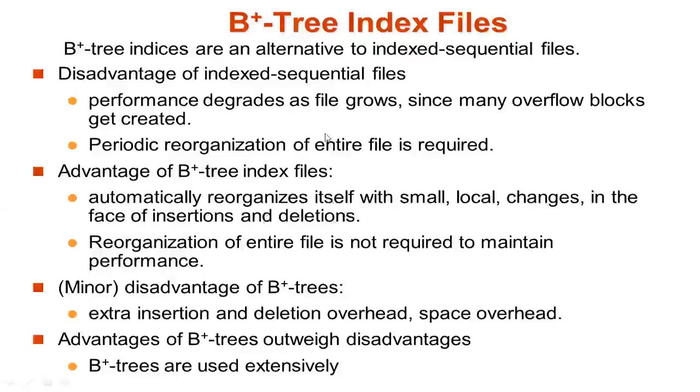That is not the case in the index sequential file. Suppose in 1 lakh records you delete the 10th record in the index sequential file. Then from the 11th record to the 1 lakh record, you have to shift to adjust the space. If you insert a record among the 1 lakh records, you have to reshift and rearrange everything. But that is not required in the B plus tree index file. You can selectively focus on the particular set of records, with no need to reorganize the entire structure.